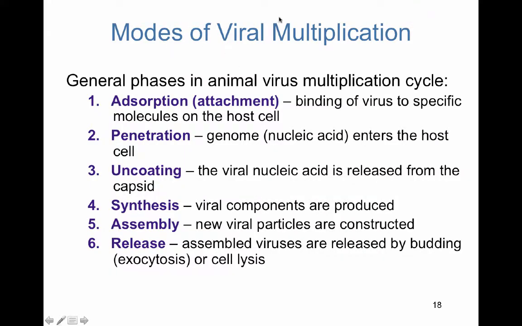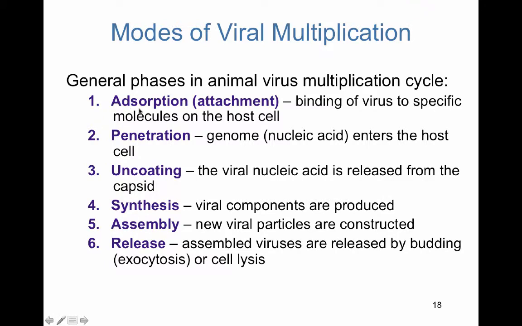Now for the good stuff of how a virus actually makes new copies of itself. So when you contract a virus and you come down with a viral infection, you're sick, you're sneezing, you have a fever, you have the flu. What is the process by which that virus has entered your respiratory system through the nasal passages, and how has it infected your cells and replicated at such a high rate that now you have all these symptoms that are showing? Well, I'm going to go through the different steps here of the typical animal virus multiplication cycle. And I would like you to be familiar with these 6 basic steps.